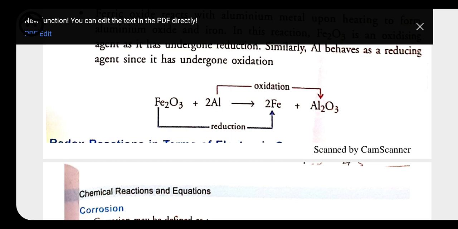That's why we keep these chips inside a packet, and in the packet we flush nitrogen gas. Why do we flush nitrogen gas? Because nitrogen gas does not let the oxygen come in contact with the chips. If chips do not come in contact with the oxygen, then rancidity or oxidation does not take place. Whenever anything becomes stale or a bad smell comes out from any food, it is because of oxidation, when it combines with the oxygen.